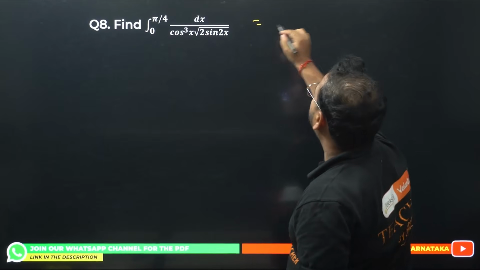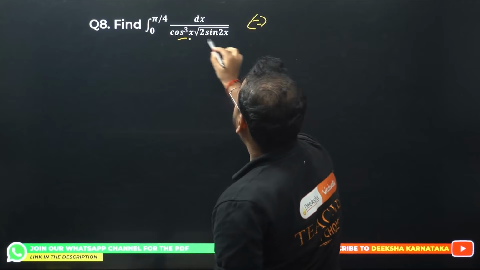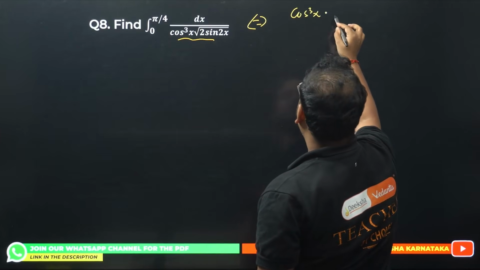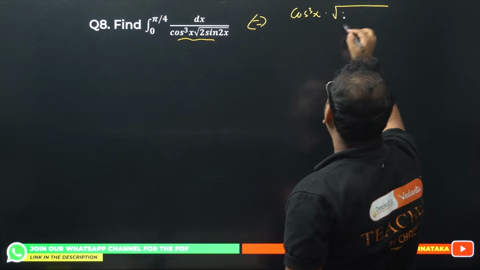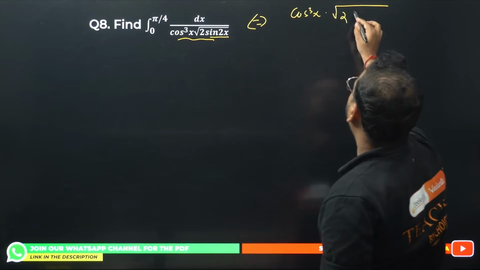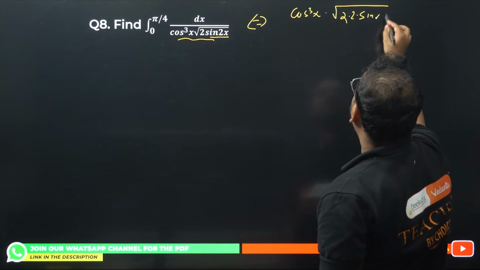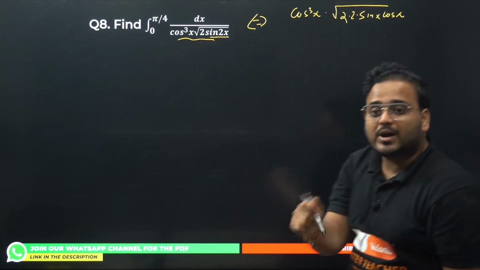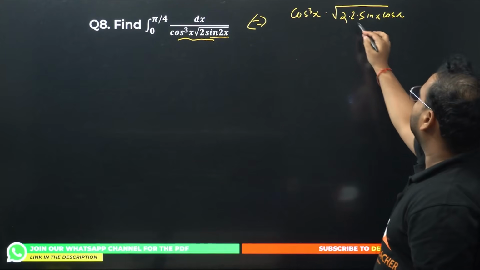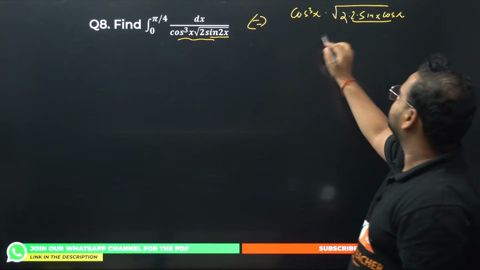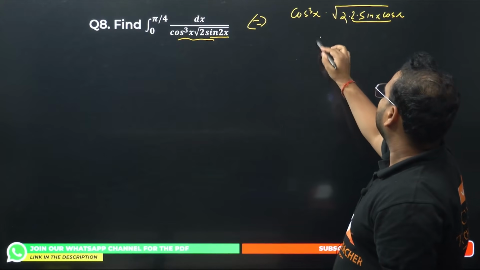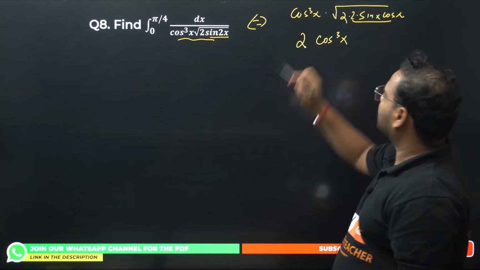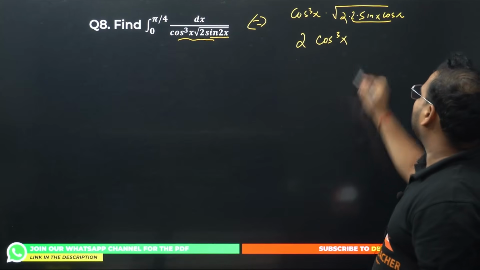We'll see first. Forget about the question right now. We'll just simplify this. I have cos cube x, and inside I have 2 sin 2x, which means 2 sin x cos x. So 2 into 2 is 4, so 2 will come out as a constant, and this will become